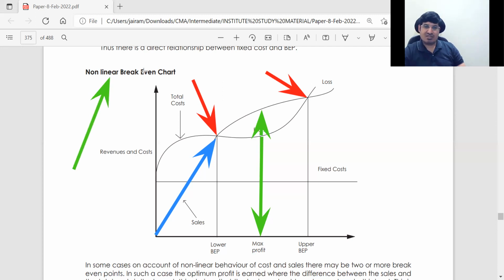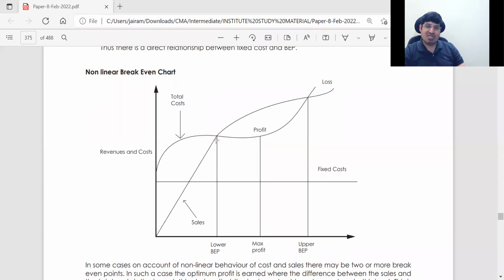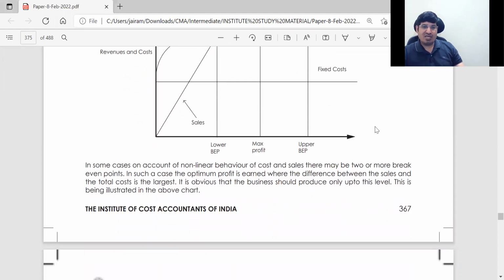so this is called your non-linear break-even chart. इसमें what is specialty? There are two BEPs. One is the first BEP, then there is a second BEP. Okay. Why are there two BEPs? Because here the revenue is after BEP. In other cases, we assume that contribution is always positive. It will go further and further away from the cost, right? But यहाँ पे ऐसा नहीं हो रहा है. After BEP, then again there is a case where your product is becoming costlier, and in the end it is dipping, and again you are coming at break even point, okay। ये हो गया आपका नॉन लिनियर ब्रेक इवन चार्ट।